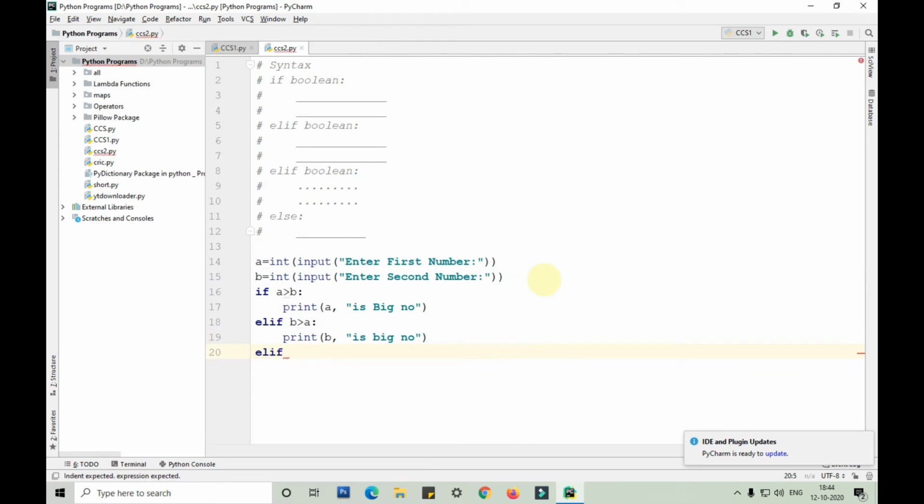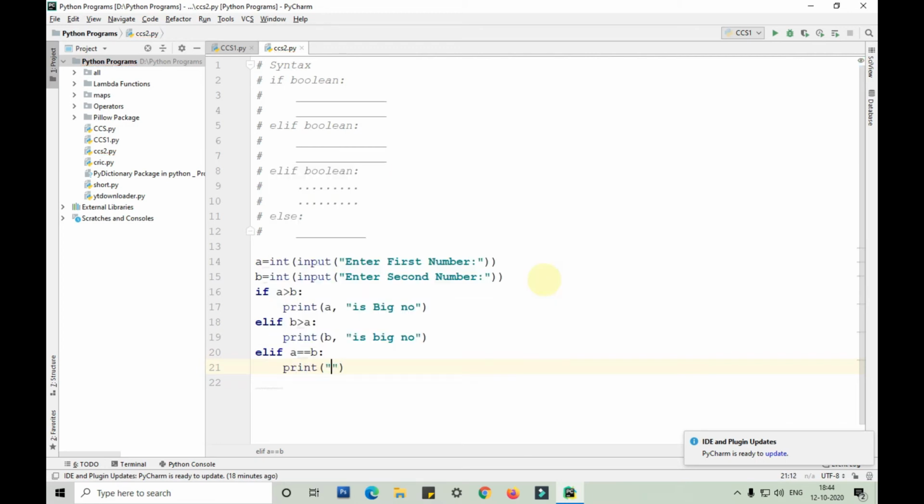so we'll write another elif statement here. Elif a equals to b, equals to, guys, we are not assigning here, we are checking, that is the reason double equals to. We are using the relational operator there.